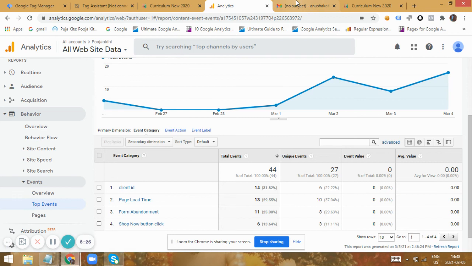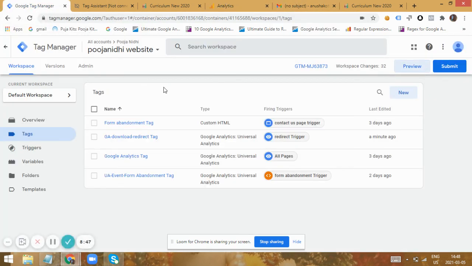So in this way, you can track any kind of action, even if the user is being directed away from the website, but you can just divert them to an intermediate page so that you can send the data to analytics and then redirect them to the actual page. So in this way, you can implement any kind of strategies or measurement techniques to Google Tag Manager, where you can identify all the actions of a particular user.